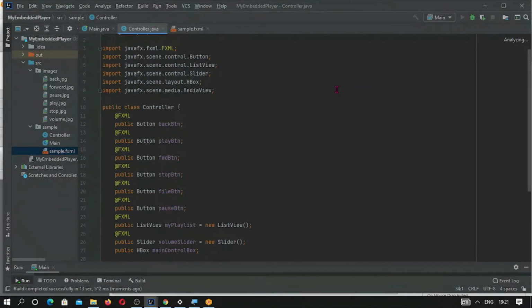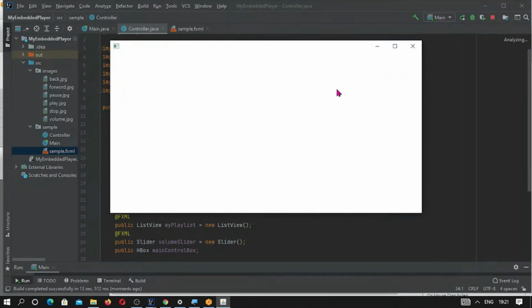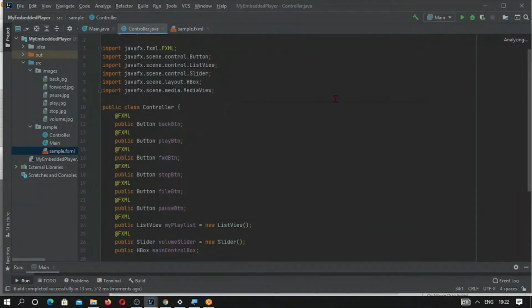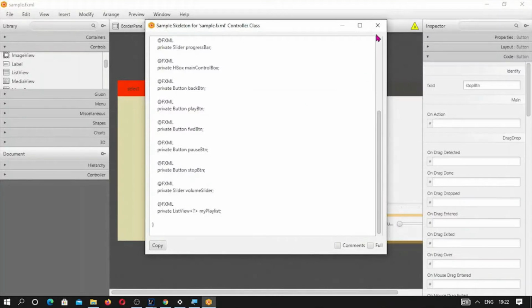You can do modification, you can change color as required. So this is the view till now of what we have done. What we have to do first is make a select file class. So let me stop it and go again into this Scene Builder.